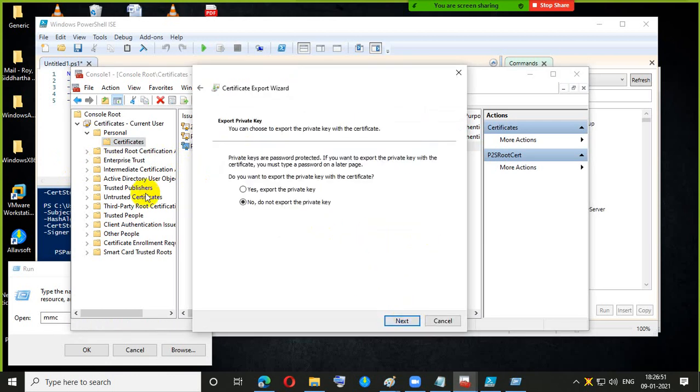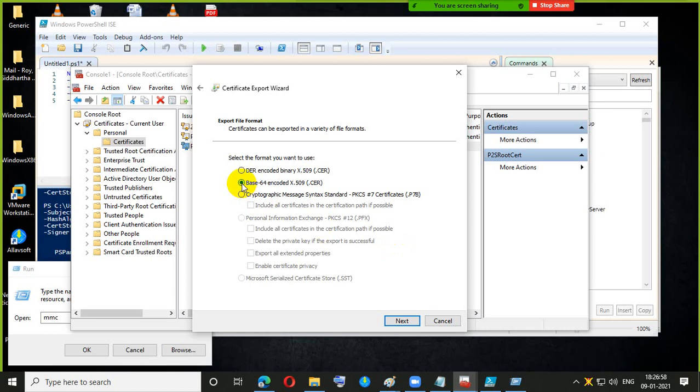Next, Base 64. Base 64 why? Because Base 64 allows you to copy the encoded part.